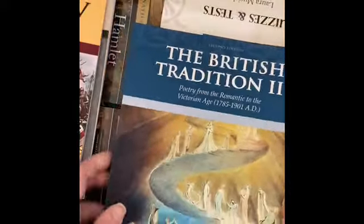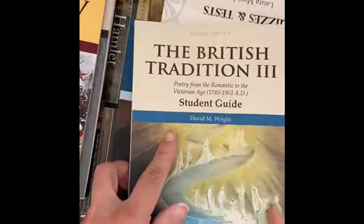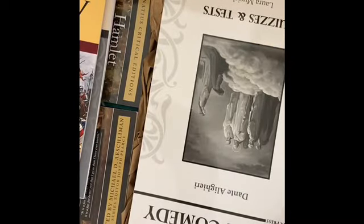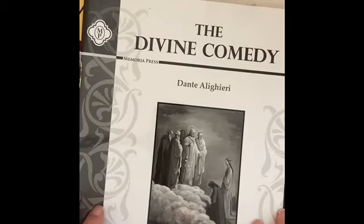And then this is the student book? Oh, this is the textbook. So this is the student guide, and this is the student book for the British tradition. I'm showing you that as I'm also showing myself. Then we have the Divine Comedy. So this is, I believe, the 11th grade literature,